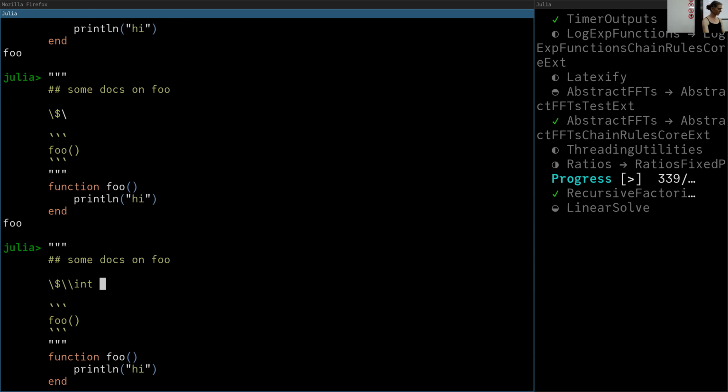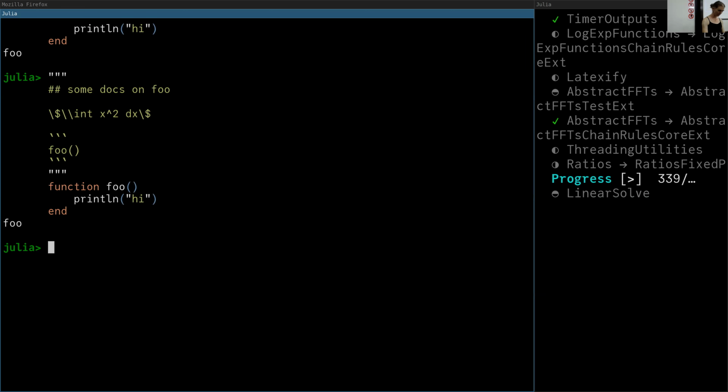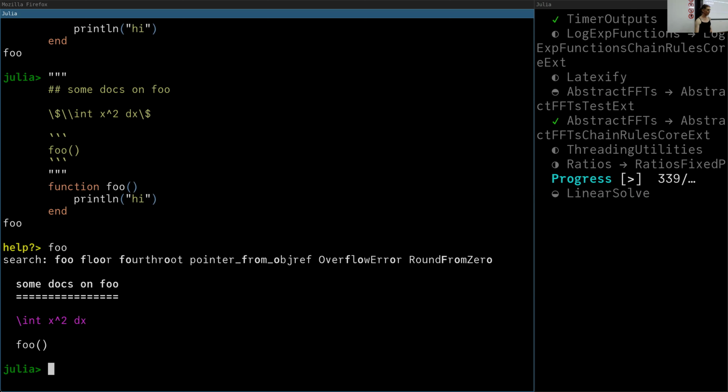So if we want to integrate something, let's hope this actually works. There's a way of doing this. I've not used it for ever, so if I've done it wrong, then that's the reason. Okay, no. So that's not rendered in anything fancy, but I think this is something like what you do. It has gotten a special color here, so I think it's recognized that I meant to write some LaTeX there, but